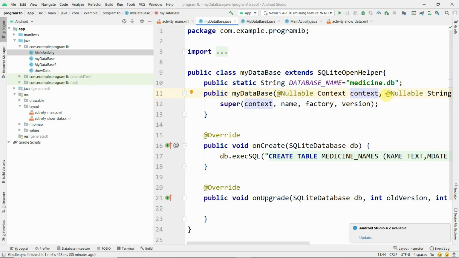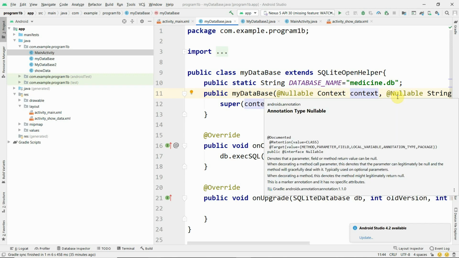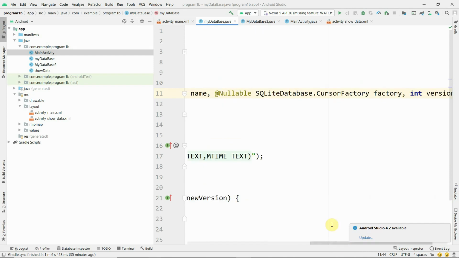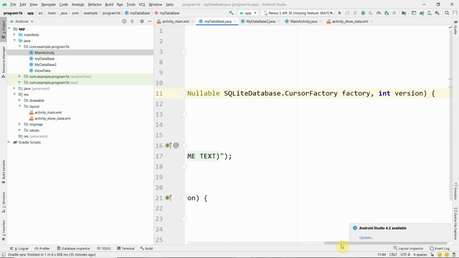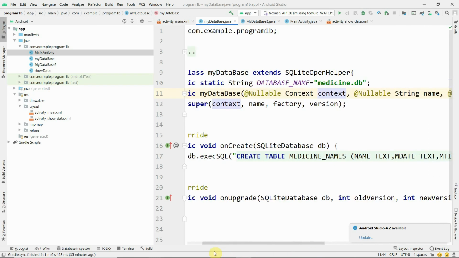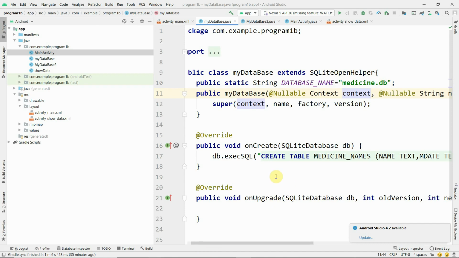It is receiving those parameters: the cursor factory object, and then version and database name. The database name is received by string name, and super(context, name, factory, version).